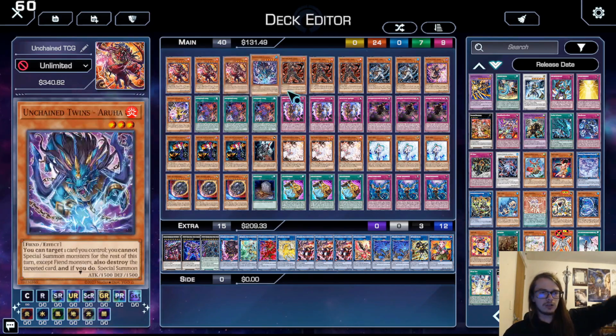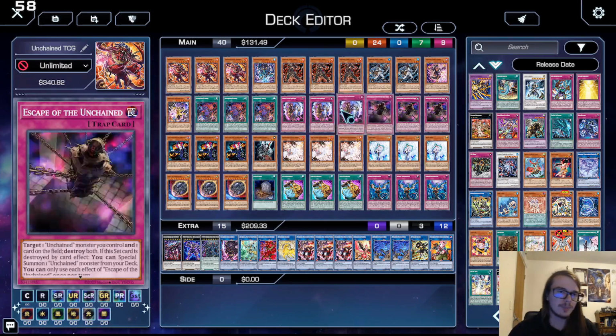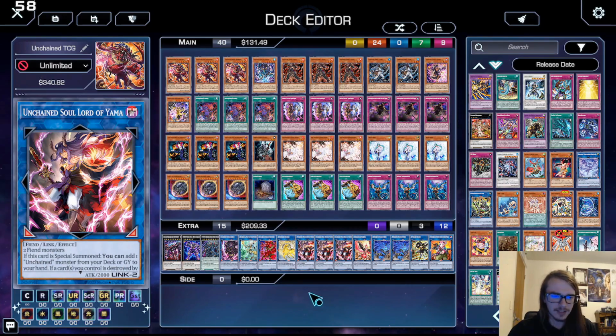You basically utilize things like Shavara or Aruha in order to pop your spells and traps, in order to then go into the High Wave King by special summoning both of these guys. However, there's another part to this puzzle. If it was just that, it wouldn't be all that good. But then came,